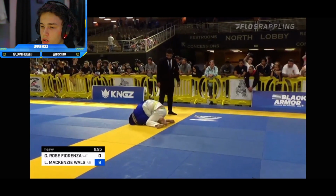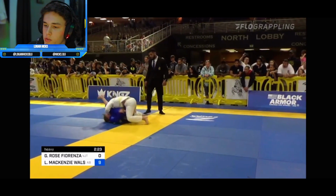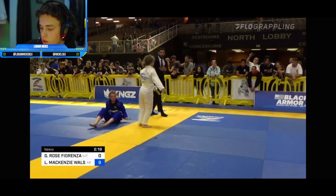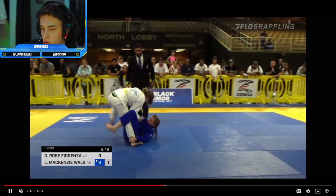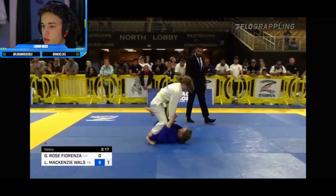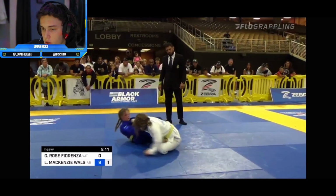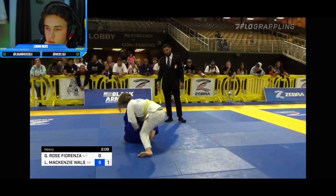When you're here, you're coming into a kind of Z guard half guard position. You're up by 9, so go into a close guard position. Keep that hook active. All right, here you can enter into single leg X Ashi and use it to sweep from there if you're really looking to sweep. But right here, if it were me,